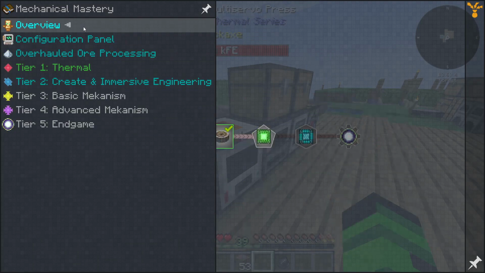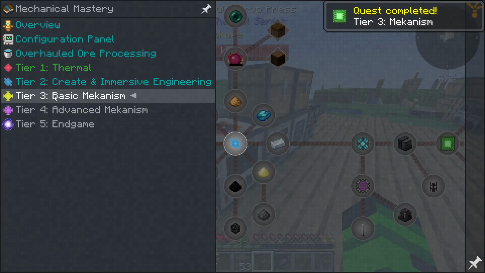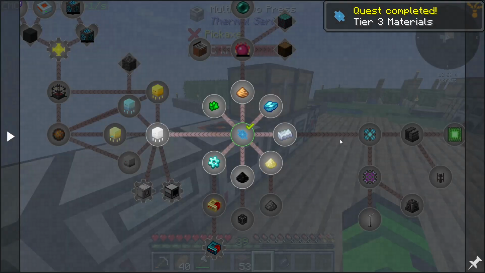If we go to overview, we are now able to unlock mechanism, which is pretty darn cool. So you managed to create an improved version of your mechanical essence, but you feel it still can be made better, whatever. And you're gonna find out how. Okay, so